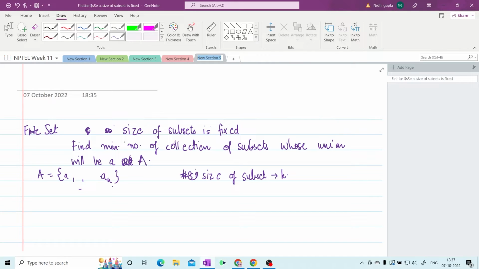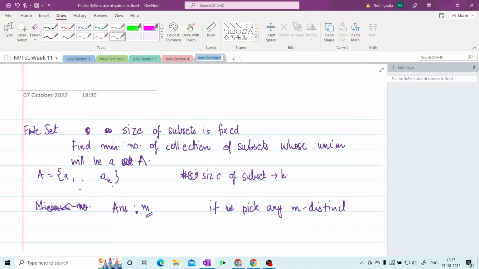So I think what you mean is that you want to find the minimum number. Suppose the answer is m. Then we are saying that if we pick any m distinct sets,